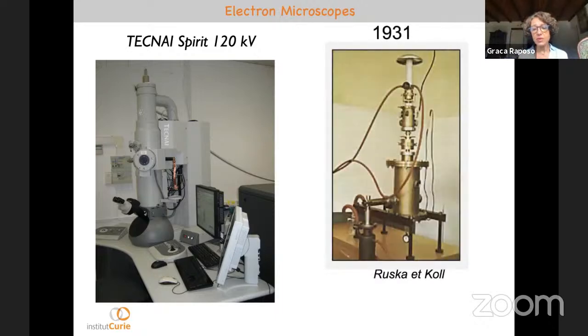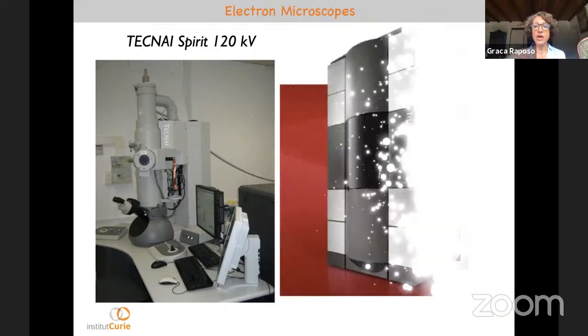But I always like to show this image of the first electron microscope that was built in 1931 by Ernst Ruska, who actually shared the Nobel Prize in Physics much later, after the war, because of course he had to leave during the Second World War, where he was able to continue his work. Somehow, because he was born in Berlin, he was hiding to try to continue working on these electron microscopes.